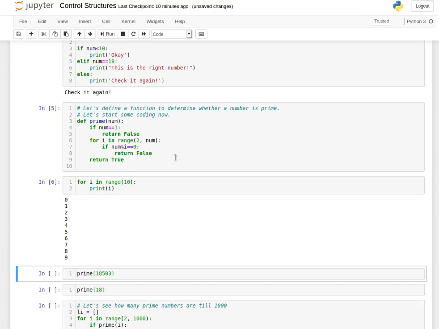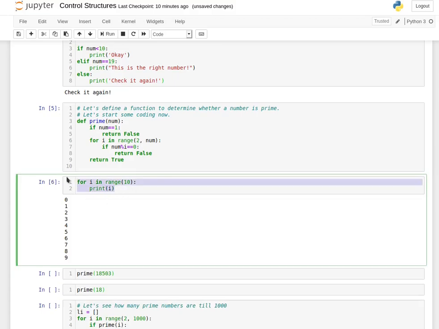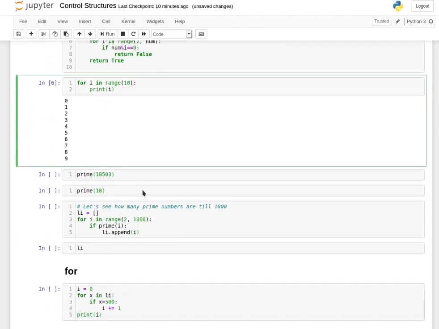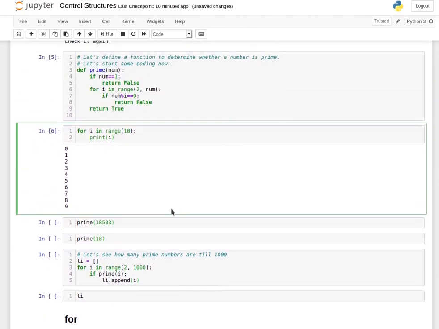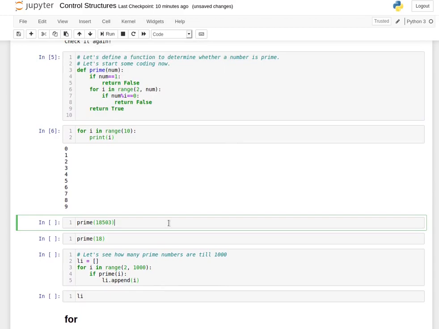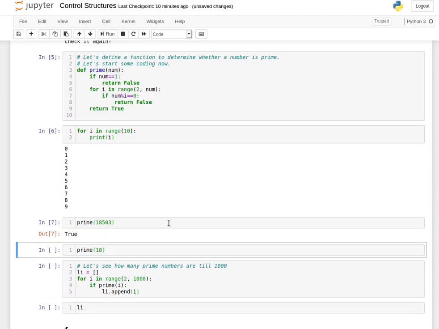Now here's how actually for loop works if you want to know. So for i in range of 10, print i, that is 0, 1, 2, 3, 4 to 9. Okay, now I'll use my function prime. 503 and it returns true.